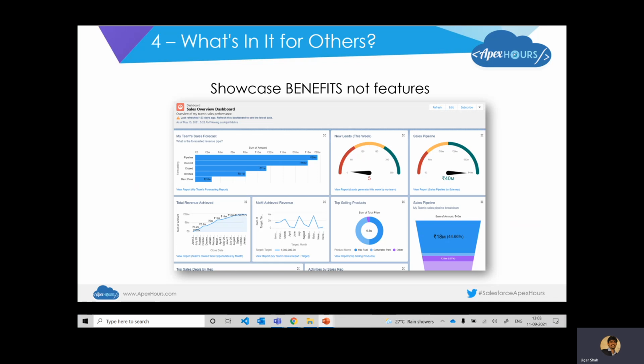So it is important to tailor your message using benefits, rather than positioning or showcasing it in the form of features, because that doesn't go well. Even if it goes well, they don't really get the understanding of what's the advantage of using a feature, solution, or an application that you're demonstrating to.